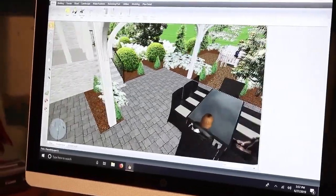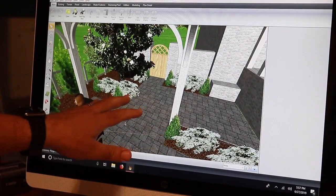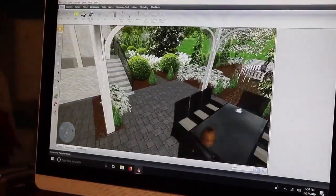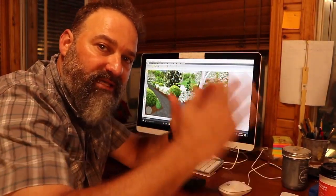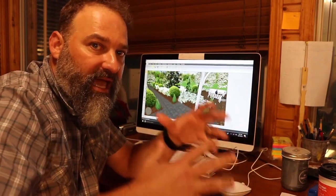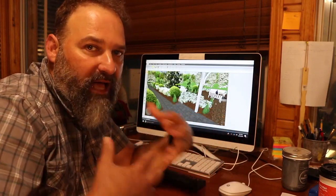And that's groupings. Wherever you have a large open space, it's very wise to use groupings, and people expect it. Here we've got white blooming Encore azaleas, and these azaleas are going to be used again and again. The whole space ties together. If all the prominent corners have the tall conical plants, and all of the open spaces have similar plantings,